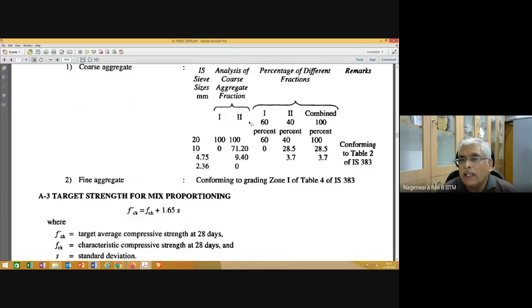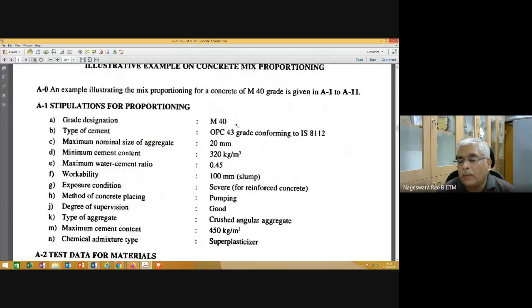So let's see the starting information that is noted here. Degree of supervision is good. So we are doing all these mix design calculations assuming that the degree of supervision is good on the site. Accordingly, we are choosing the standard deviation from table 1. Suppose you do these calculations and deliver this concrete to the site, but whatever assumptions you made are totally different from the situation on the site. Then it may not result in the strength you wanted. Okay. Anyway, now